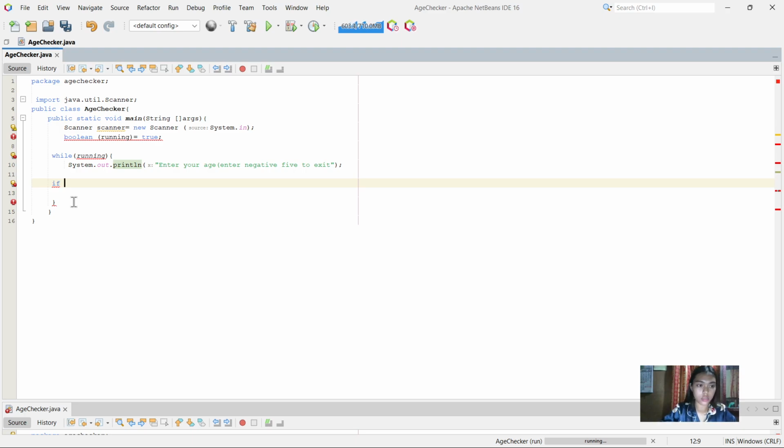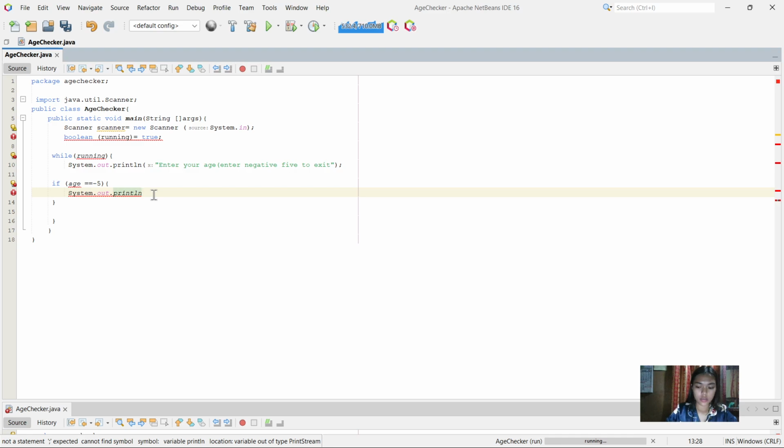If your age is equal to -5, then it will print a thank you message.